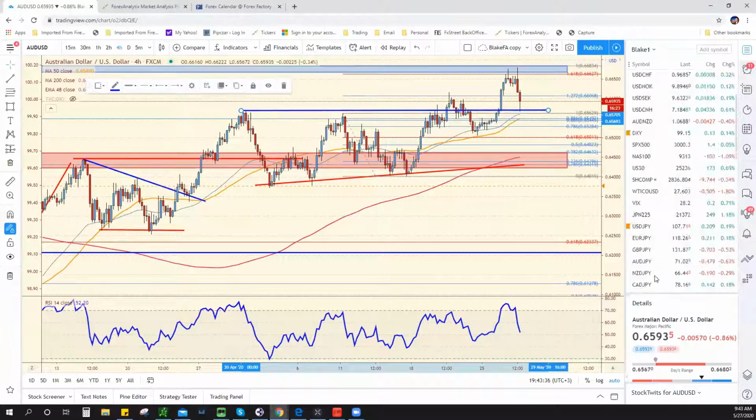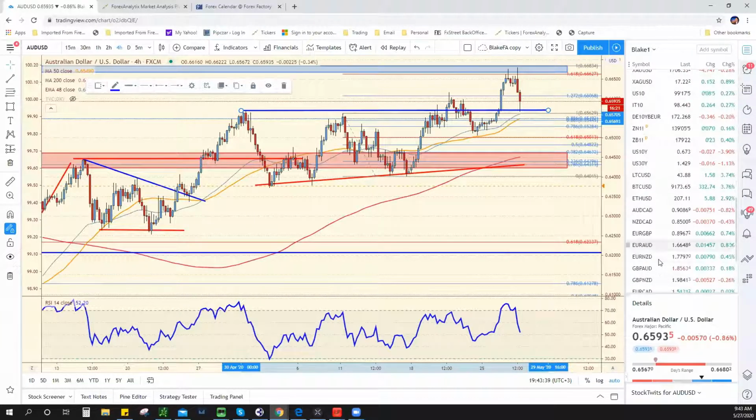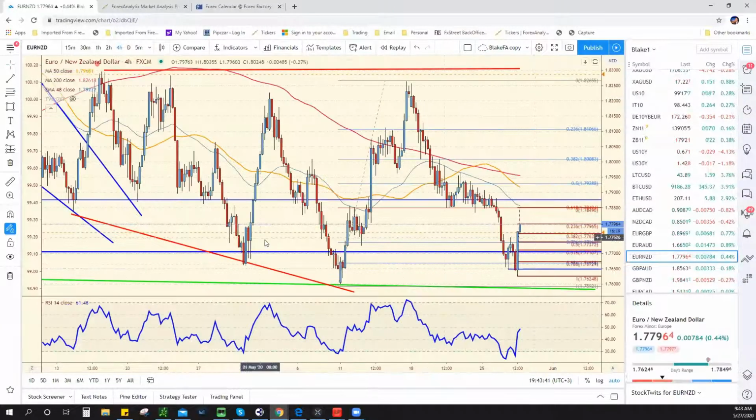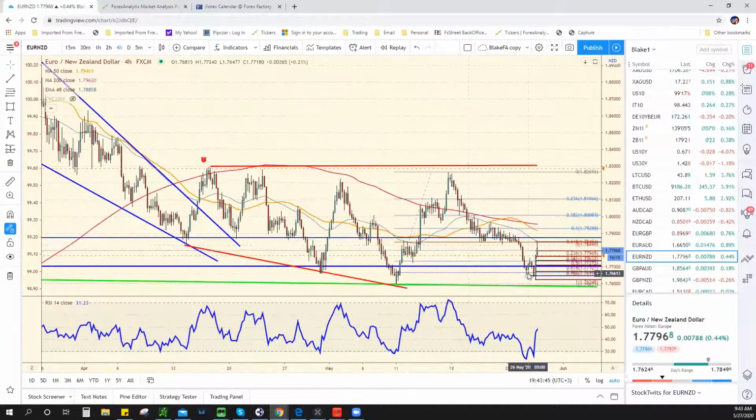But the flip side of that is the Euro New Zealand didn't make a new low. We didn't make a new trend low. So I think if the Euro Aussie gets back to, let's say, 170, the Euro New Zealand might get back to 179. I think they'll both move together. I just think the Euro Aussie will be a little bit better of a trade to the long side